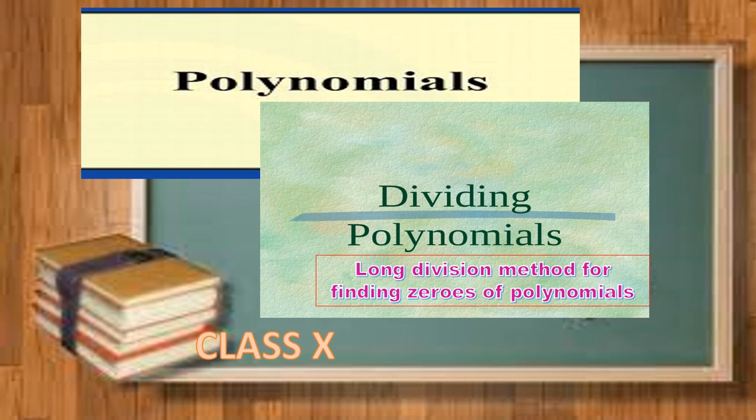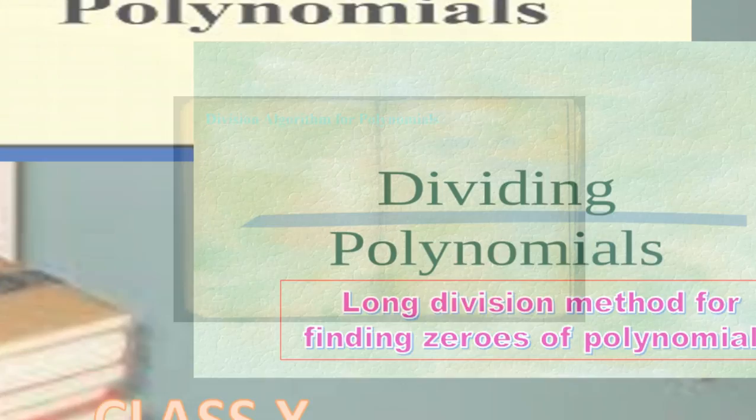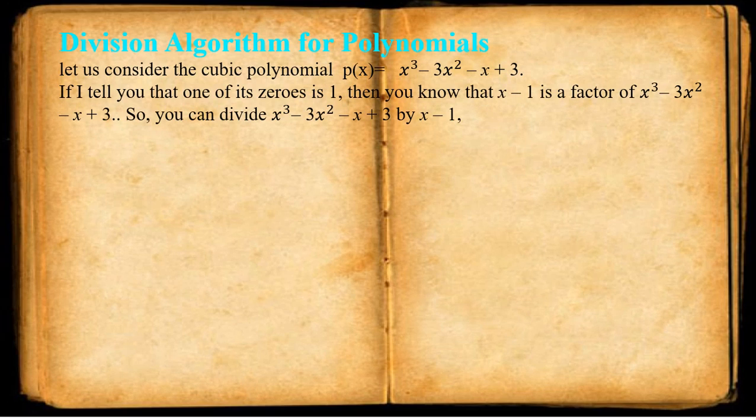Hello students, in today's session we are going to find zeros of polynomials using the long division method for chapter number 2, class 10th, Polynomials. So let's start. So here is the division algorithm for polynomials. If we consider a cubic polynomial x cube minus 3x square minus x plus 3, and if I tell you